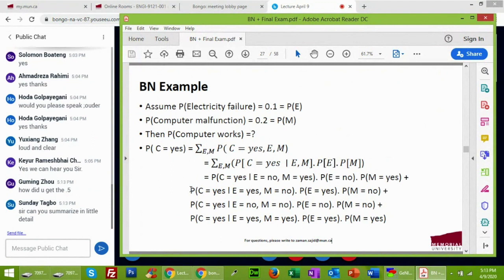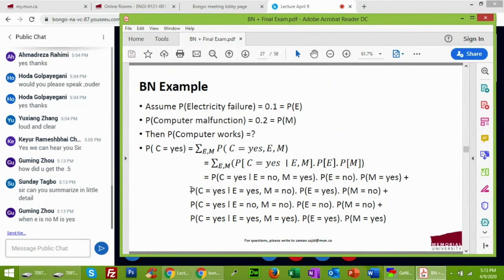Question: how did we get the value of 0.5? As I said, let's go back to the previous slide so it will be more clear.